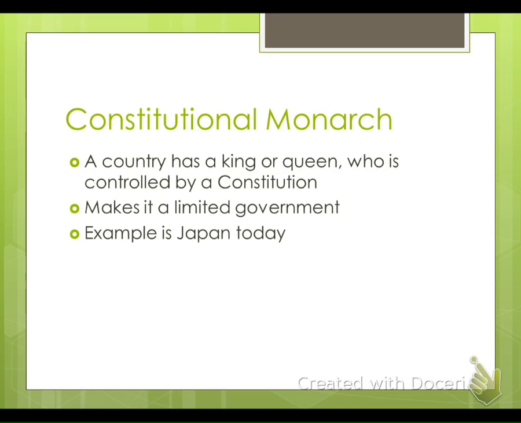The next term that we have is constitutional monarch. This is a country where a king or a queen is in control, but they're limited by a constitution. For example,